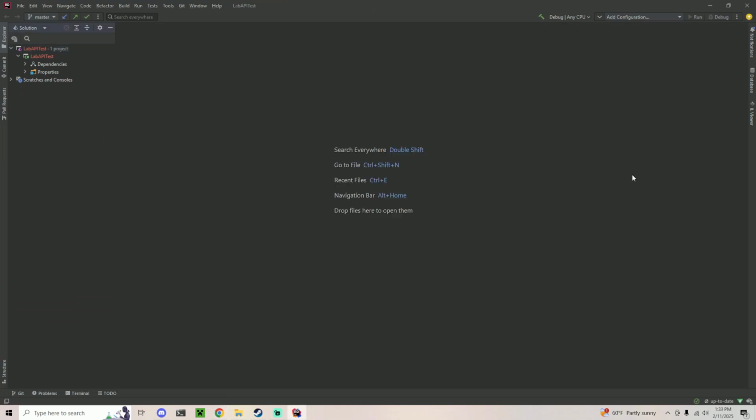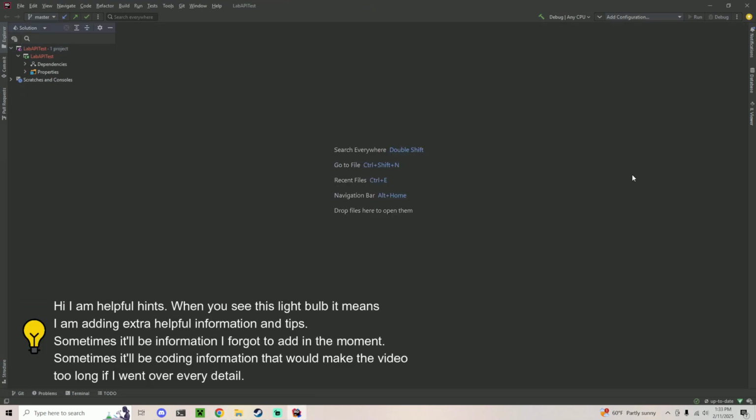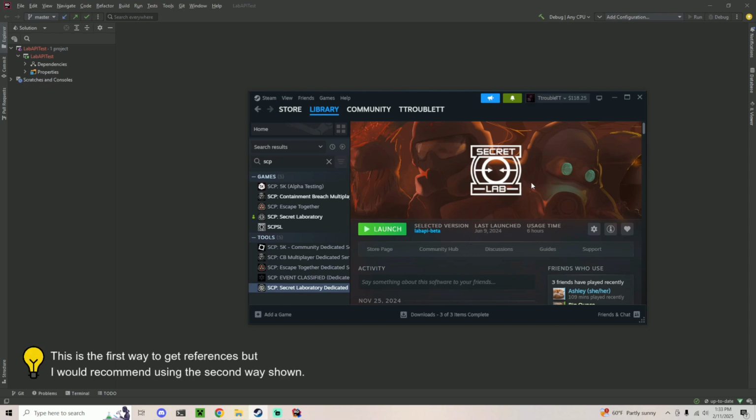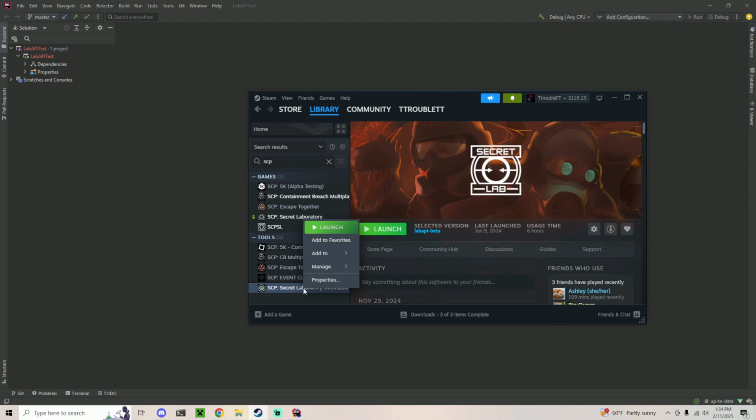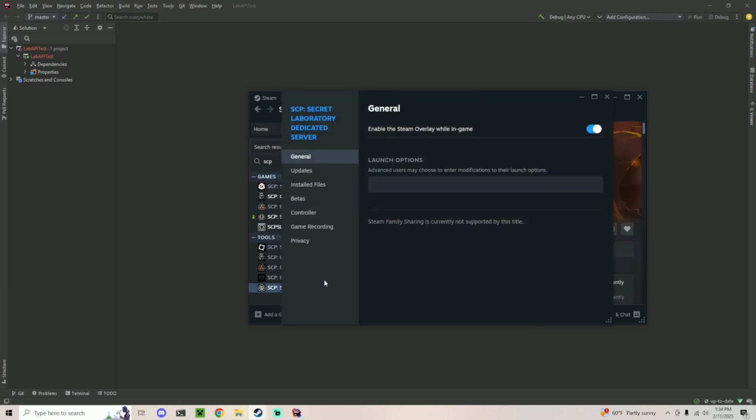So the first thing we want to do is make sure that we have all the references that we need for the project. There are two main ways you can get the references that you'll need for Lab API. The first is you can go to your SCP Secret Laboratory dedicated server. And if you're watching this video after Lab API is on the live version of the game, you can just use the live version of the game, but for now, it's still in the public beta, so you'll want to go to Properties,